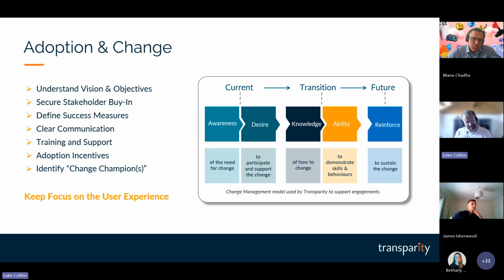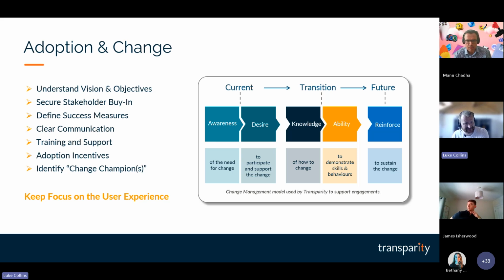I just wanted to briefly touch on adoption and change as well. As I've mentioned a couple of times, Transparity has that expansive view across the whole Microsoft stack, and also project technical delivery, but we've also got an adoption and change function. And we appreciate a data strategy, coupled with potentially a new modern data platform, is a lot of change. So again, something we can help with in terms of understanding your vision and your objectives, but also how do we get training out into the wider business, and how do we identify those change champions? How do we really push the data strategy from every angle,